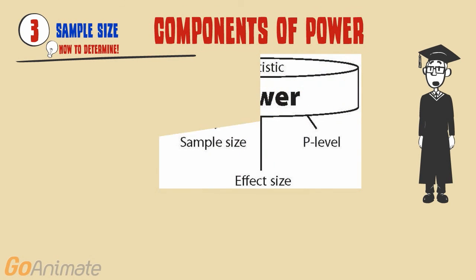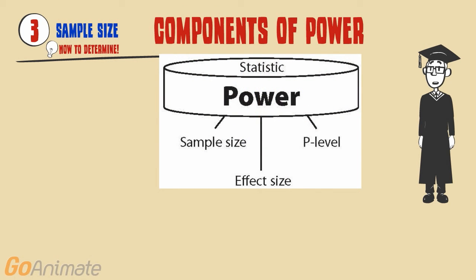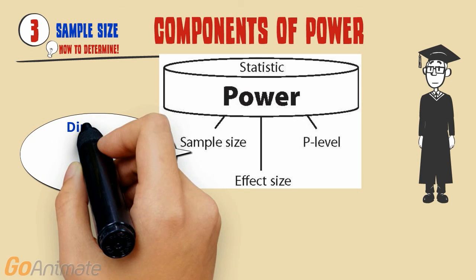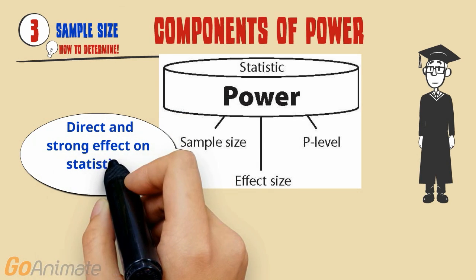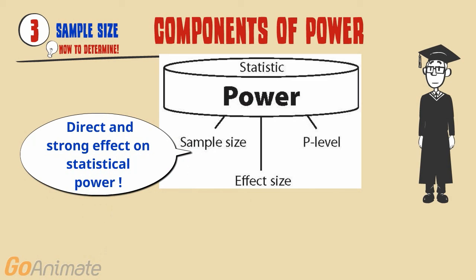Statistical power is a measure of the likelihood that a researcher will find statistical significance in a sample if the effect exists in the full population. Power is a function of 3 primary factors and 1 secondary factor: sample size, effect size, significance level, and the power of the statistic used. The sample size has a direct and substantial effect on statistical power. It is clear that when the sample size is large, the power becomes high. Oppositely, the power becomes weak.